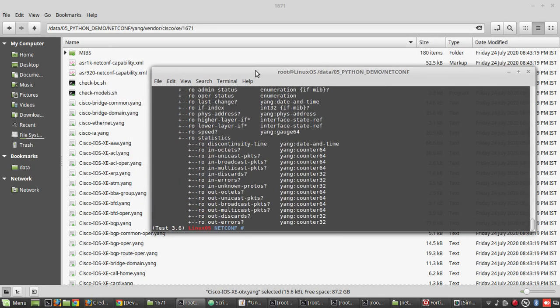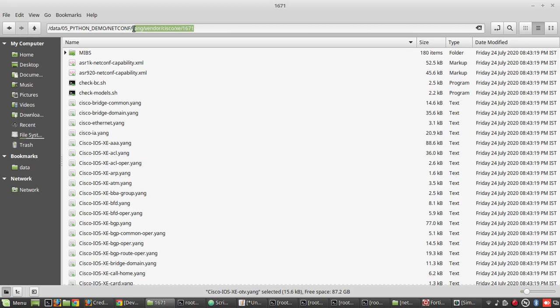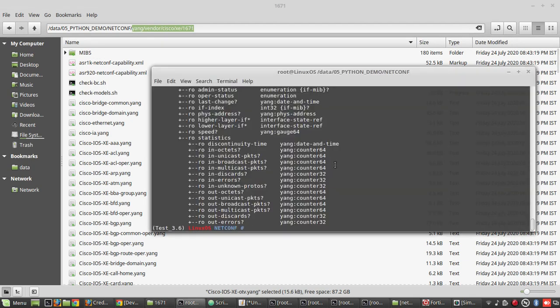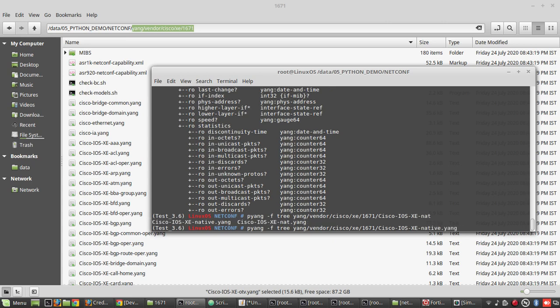So to see it in a structured way, there is a command pyang -f tree, followed by Cisco-IOS-XE-native.yang.